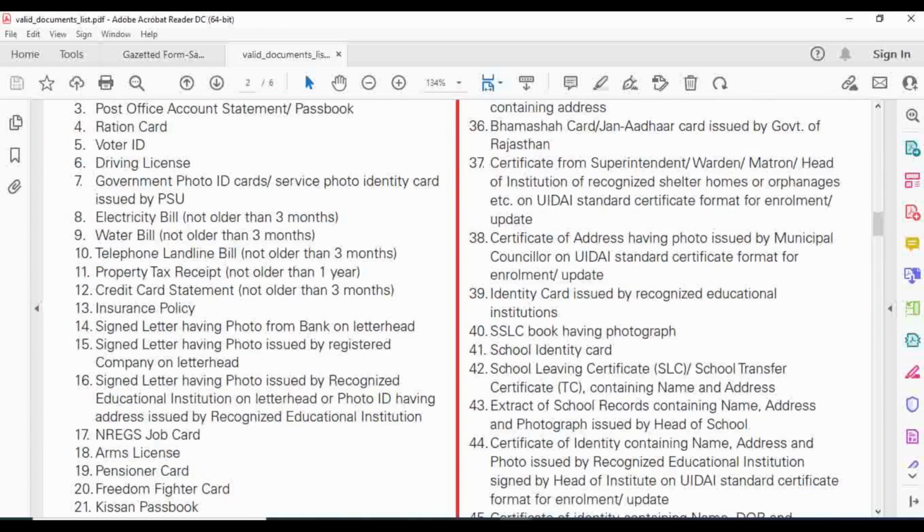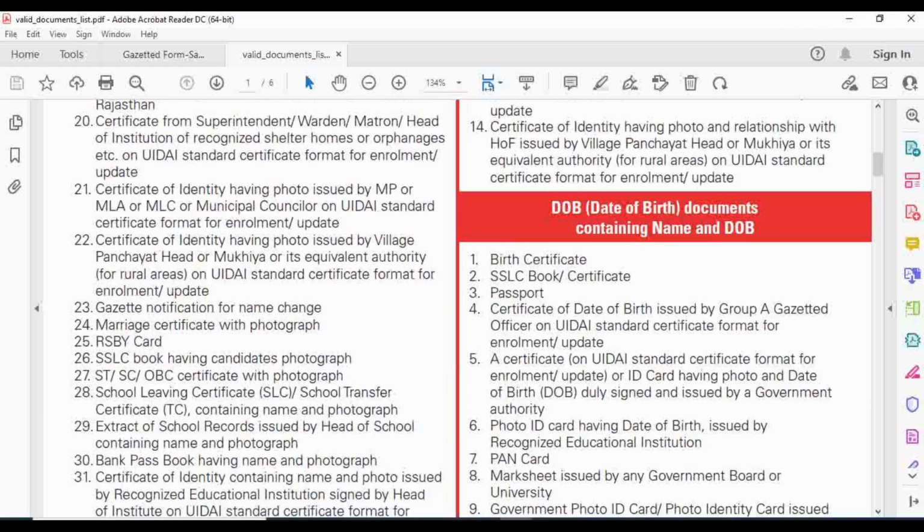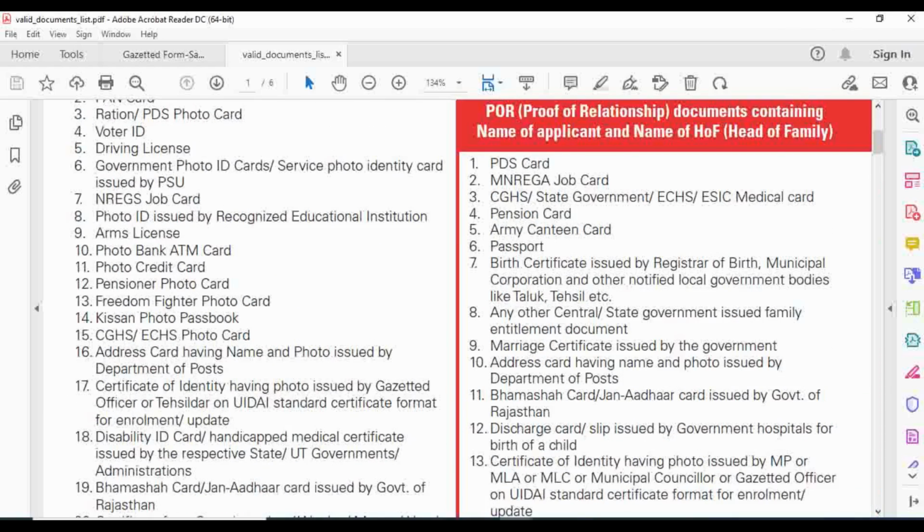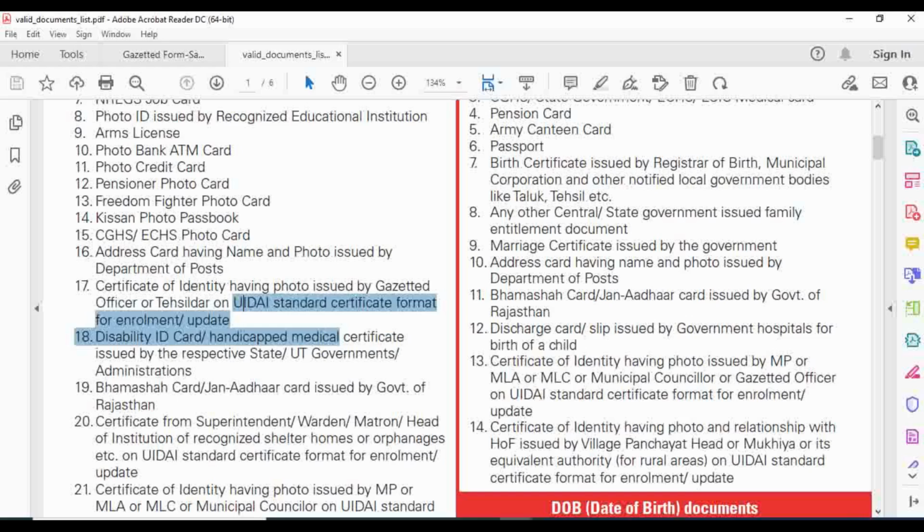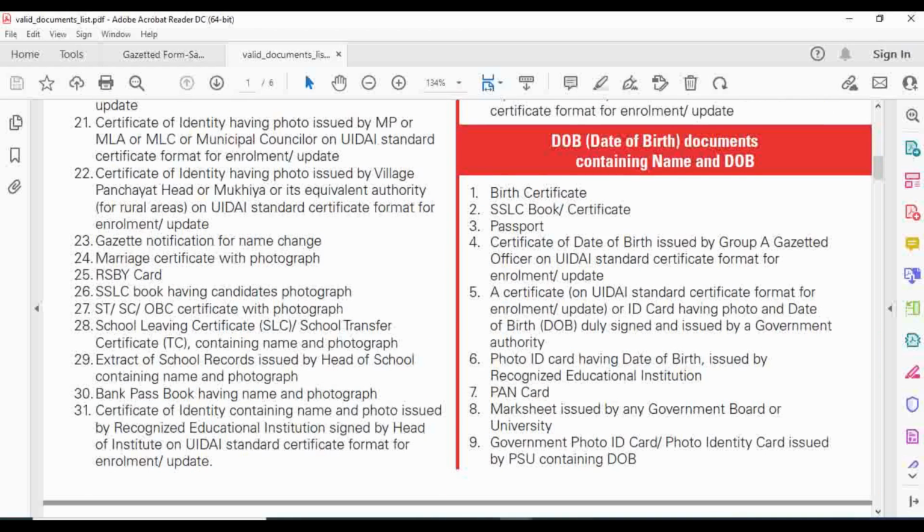So if you see POI, they mention it as a UIDAI Standard Certificate format. Example 17: certificate of identity having photo issued by gazetted officers or Tahsildar. So if you are getting a signature from any gazetted officer or Tahsildar, it can be considered as a POI document. And very important thing, if you are going for a date of birth update or name update, you should get the signature from gazetted officers, and if it is a gazetted DOB update, date of birth update, it should be